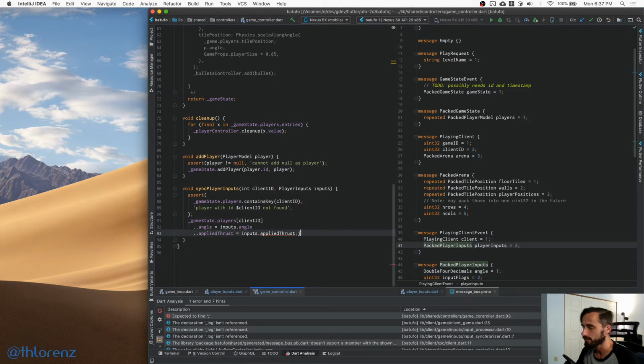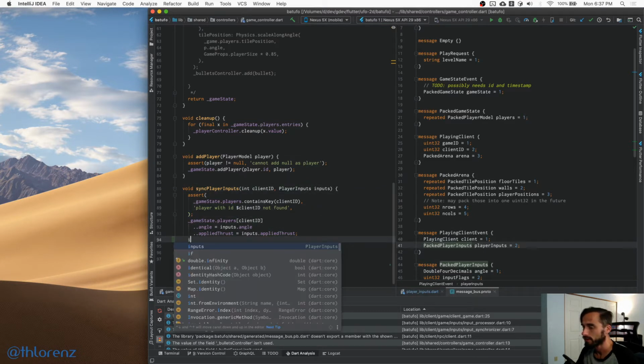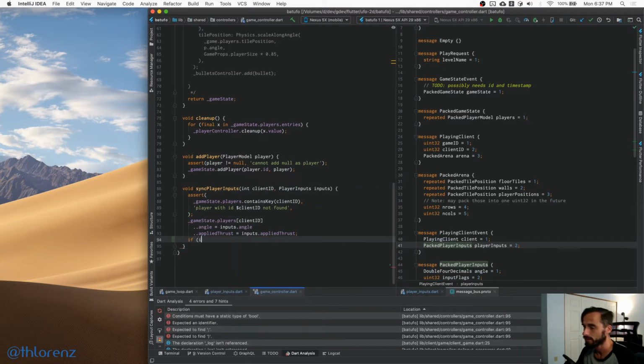Okay, so that's interesting, right? So basically when we're syncing player inputs, I wanted to go and add that information to the player model, but that makes no sense at all, because we actually just need to create a bullet for this, right? So here we have the player inputs and we have the game state. So what we actually need to do, if inputs